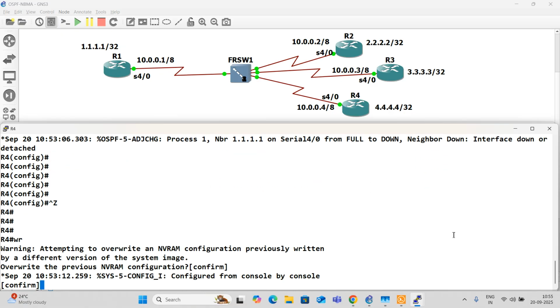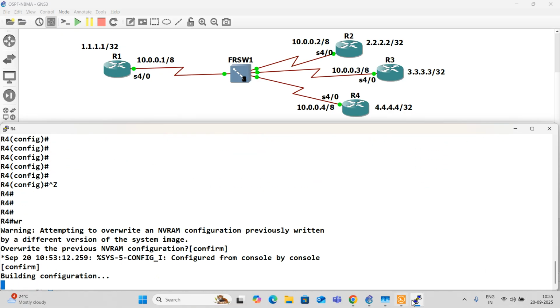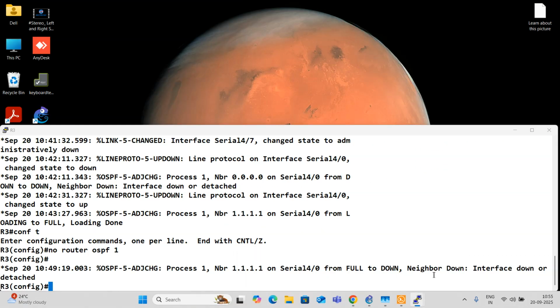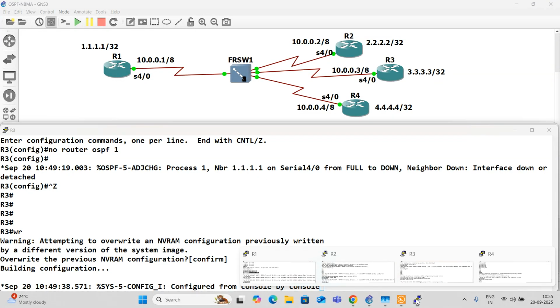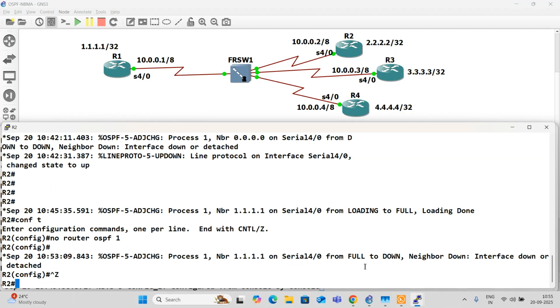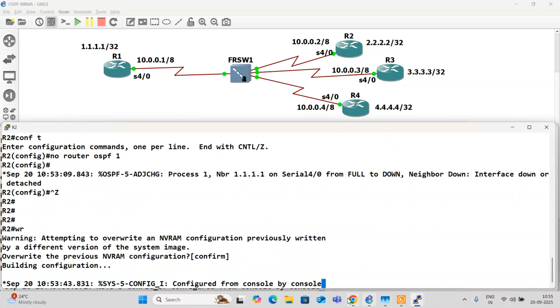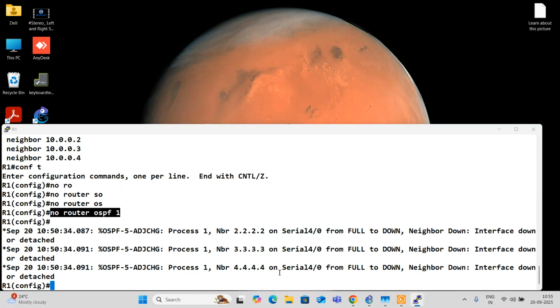Okay. So we have removed OSPF from router 4, router 3, router 2, and also router 1.